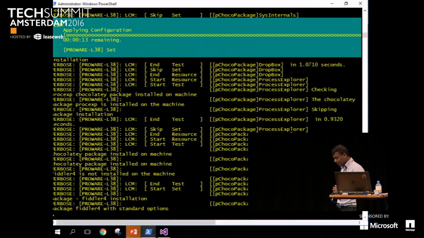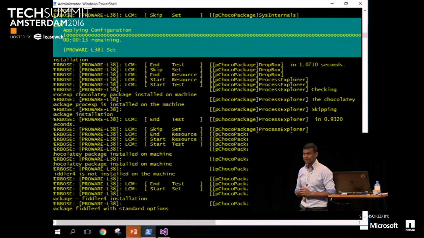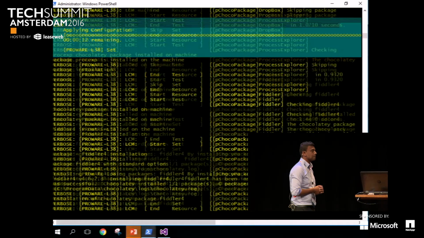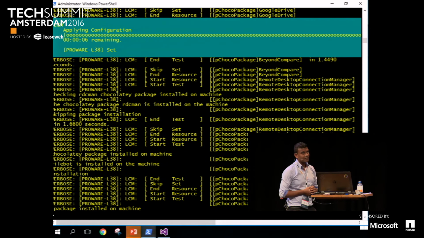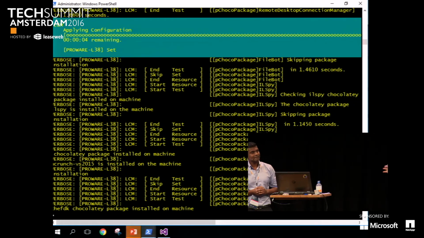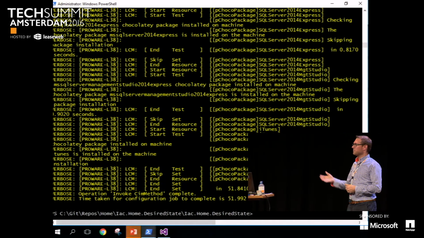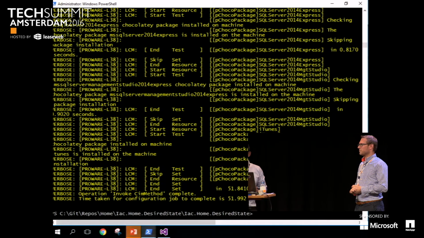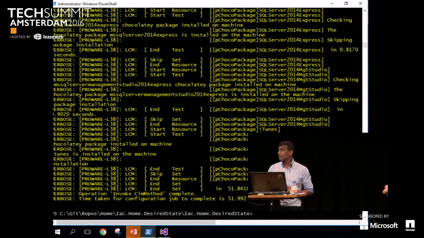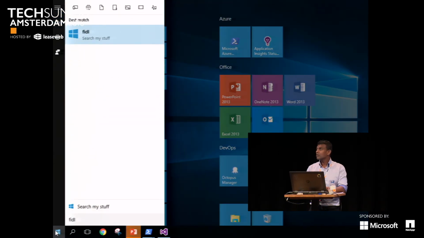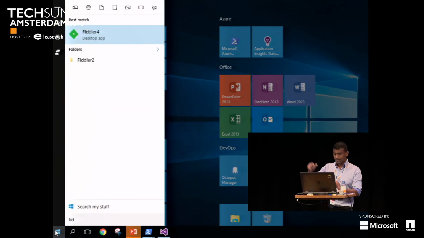The same thing works if a configuration file is changed. Somebody has added an option. It can just put the configuration file back to the exact state you want. It's optional. You can either replace lines, pretty easy, or have entire configuration files in it. So now it says that it has completed. Let's see whether Fiddler is installed over there. And yeah, it's back. Fiddler's back.